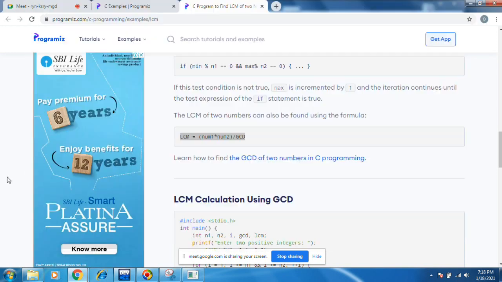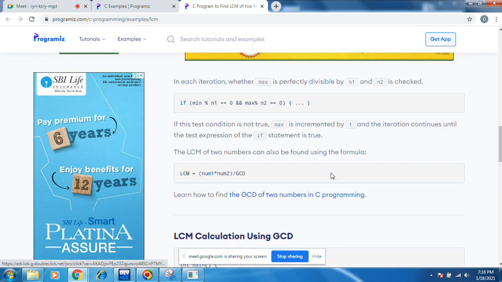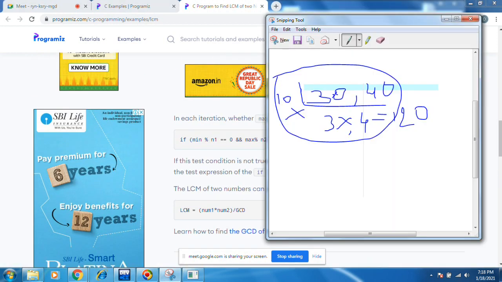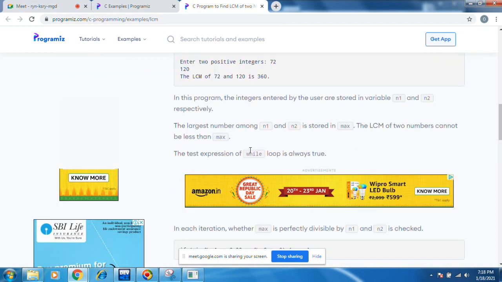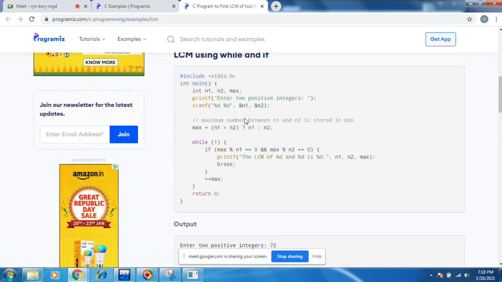Okay, let's go to another program. You can implement like this as well. You see this code, it will work like that only. Here they are checking which one is the maximum number.